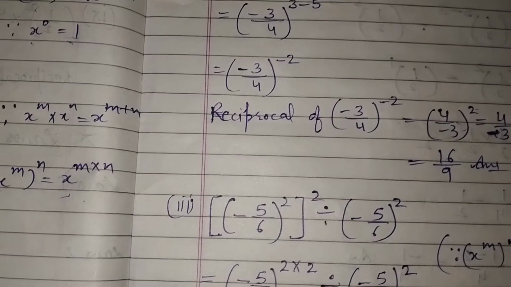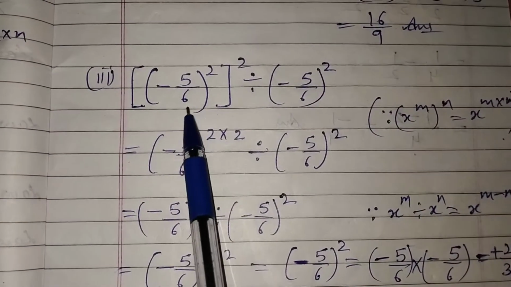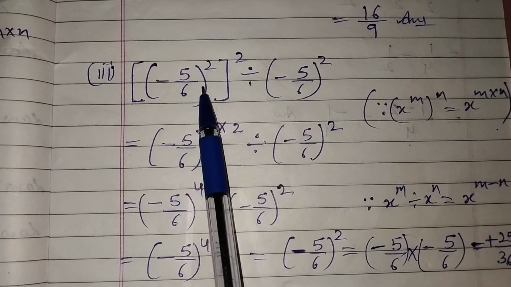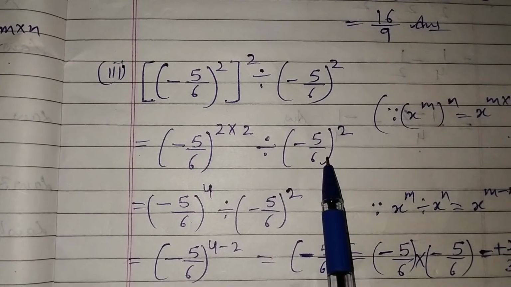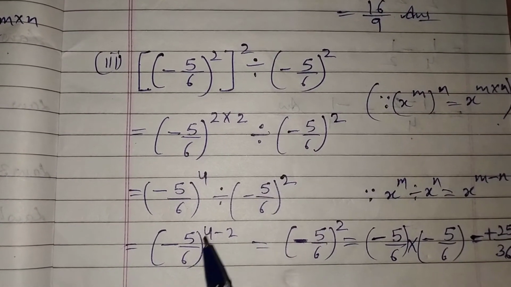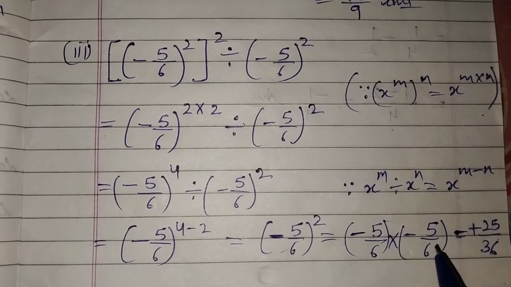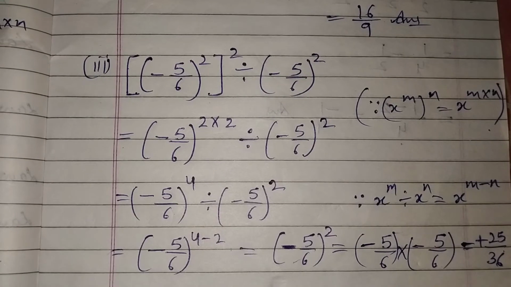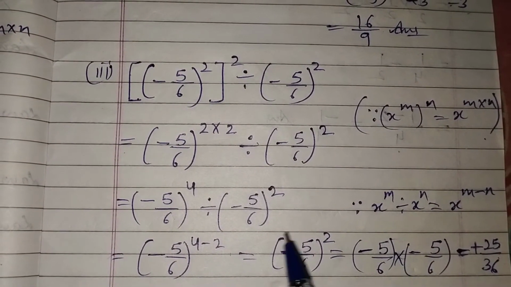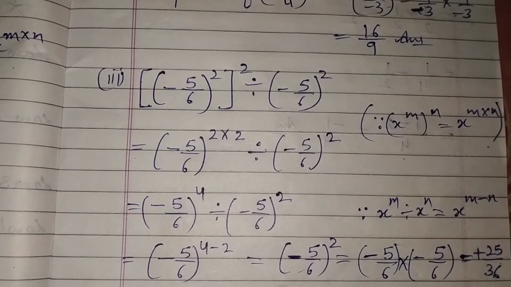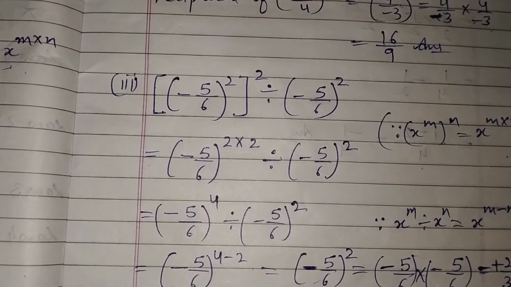Clear? Now third part, I think you can do it the same way. Firstly you will use the fourth law here, then a division sign is there. After solving this you will subtract the powers, then you will find the expanded form, then multiply these two. I think these types of sums you already did in previous worksheets. You can do these sums now. Okay.